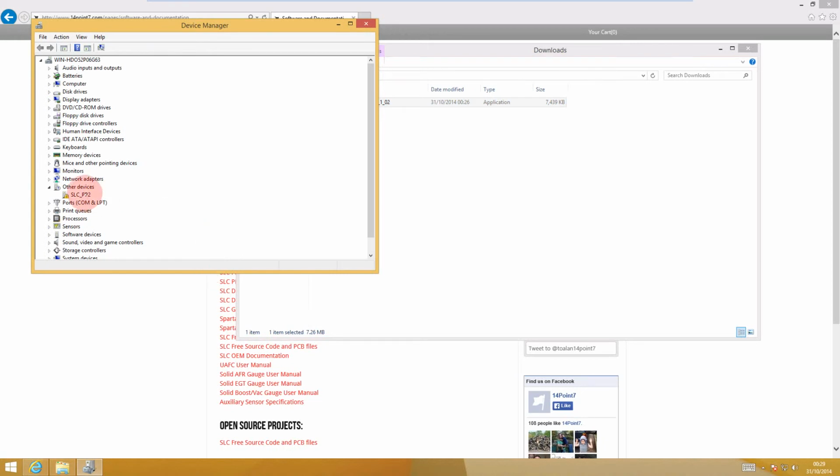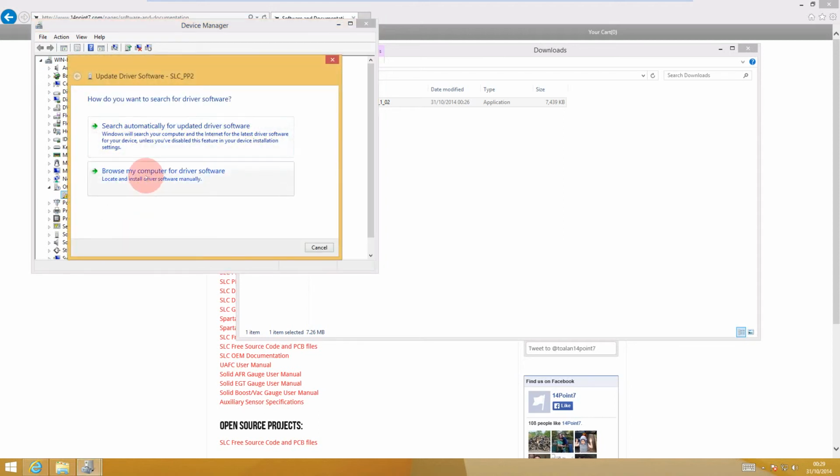Okay, under Other Devices, you'll see that indeed Windows has detected SLC PP2, but there's a yellow exclamation mark next to it, meaning that it doesn't have the driver for it. It doesn't know where the driver is. So if you right-click on that, you go Update Driver Software. Okay, browse my computer,